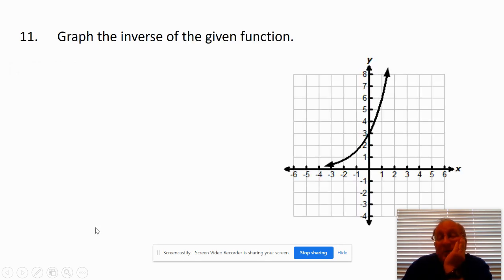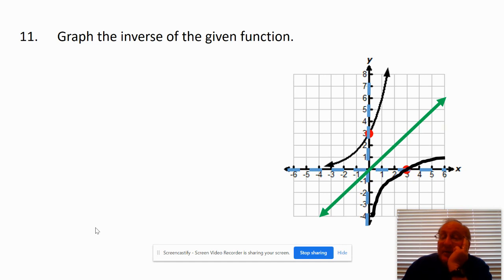So how do you graph the inverse? Well, basically the points trade places across that symmetrical line of y equals x. So you have a point at (0, 3), so I've got to have one at (3, 0). And you have a horizontal asymptote at y equals 0, so I have to have one at x equals 0. And basically your graph kind of looks the same. I can't draw very well, but that's what it would